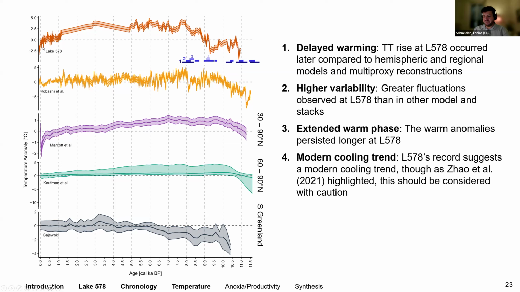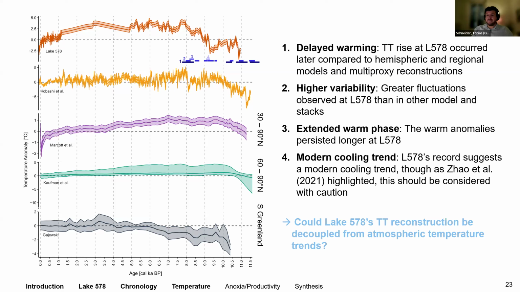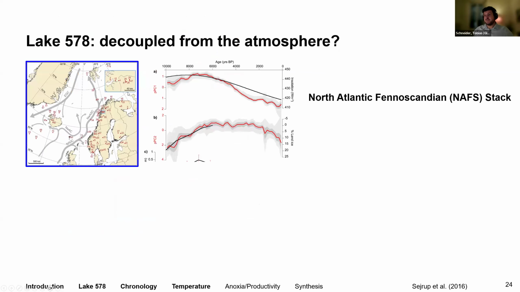However, Boyang nicely documented in his paper in 21 that this may actually be an artifact of the GDGT temperature proxy. But does this suggest, as we heard last week from Willem van der Bilt, that the lake temperature is decoupled from the atmospheric temperature evolution around this area? To further explore this, we set it into a different context